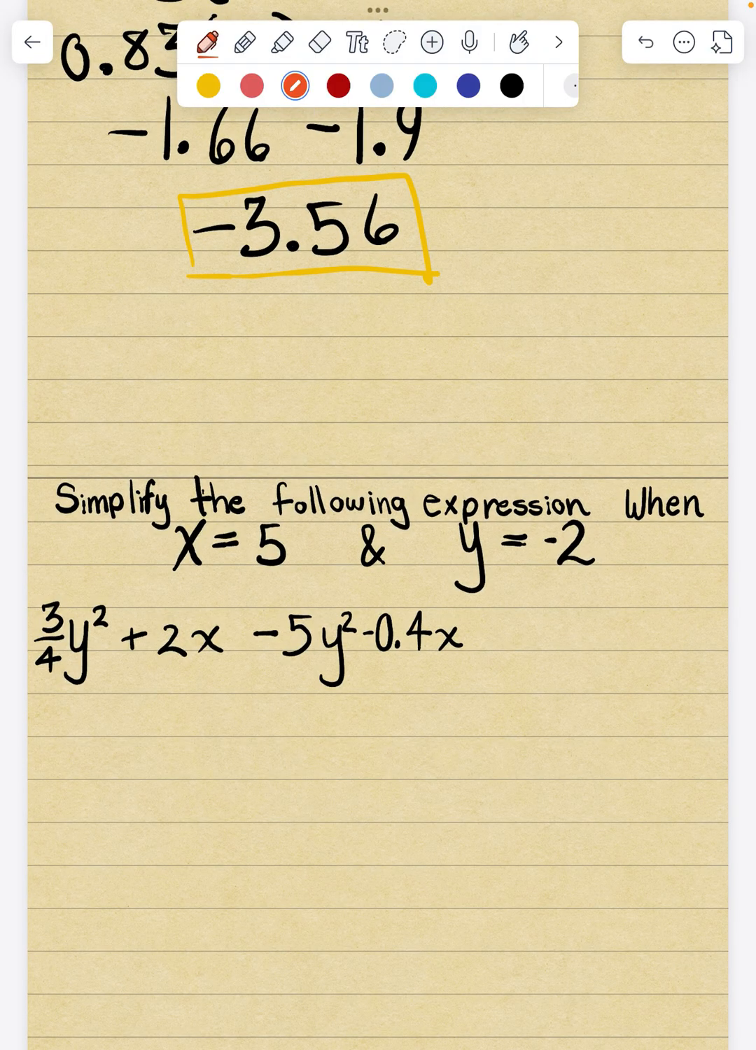Alright, we're going to do the last one. Simplify the following expression when x equals 5 and y equals 2. So,